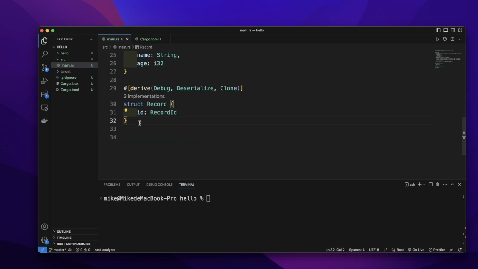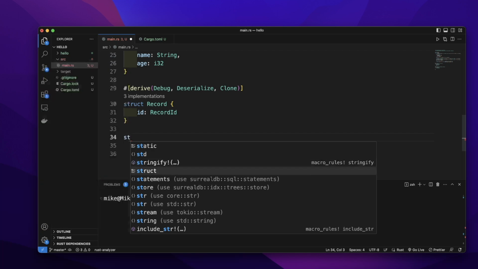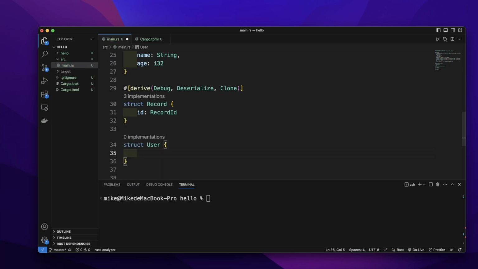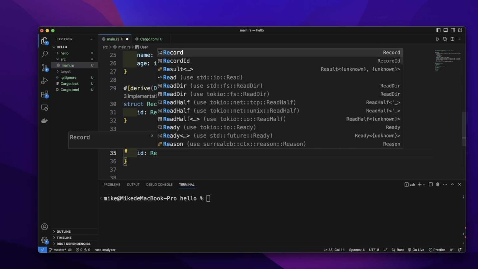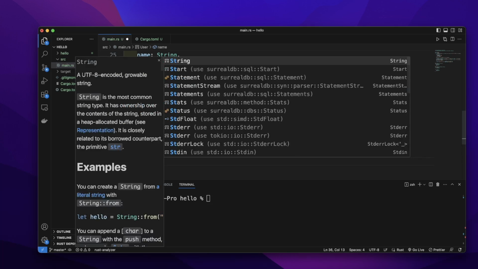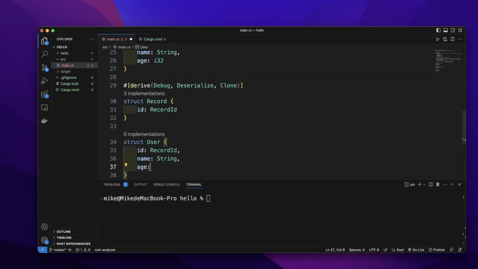We need to create a struct type to select the data from the database. Let's give it the name User. We will add a field id, type will be RecordId. Then its name, type is String. Age type is i32. Let's add the attribute derive Debug,